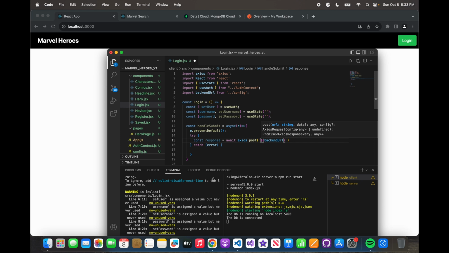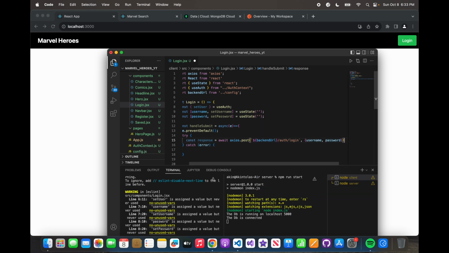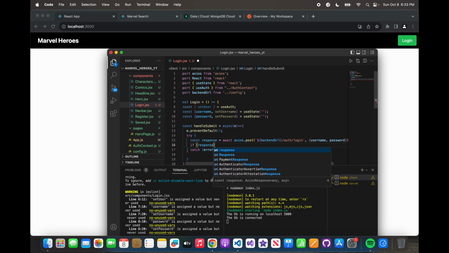So backend URL slash auth slash login. Yeah, it was slash login, I believe. And we're going to be passing in the username and the password. Dope. So we're going to say if our response, when it comes back, is equal to 200, then